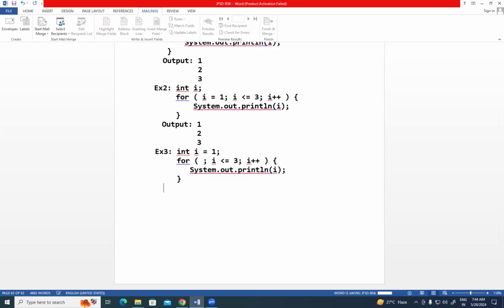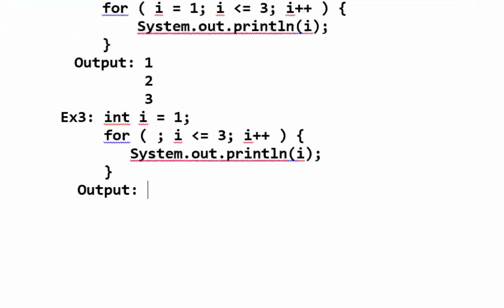Folks, tell me what is the output of this statement. 1, 2, 3. Will you get any error? Are you finding any error in this? No. See here, guys. Actually, for has 3 parts. In a for statement, how many parts are there? 3. Part 1, initialization. Part 2 will be the condition. Part 3 will be increment or decrement. Tell me here, when I'm writing for, in the for statement, I am not writing the first